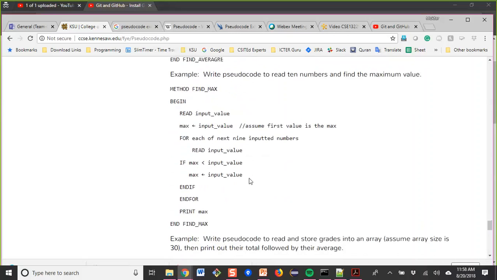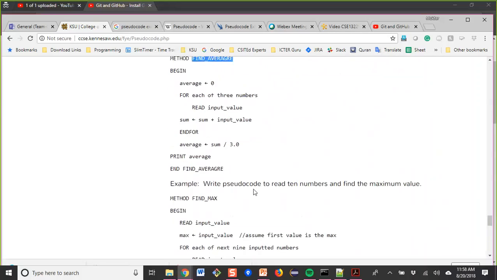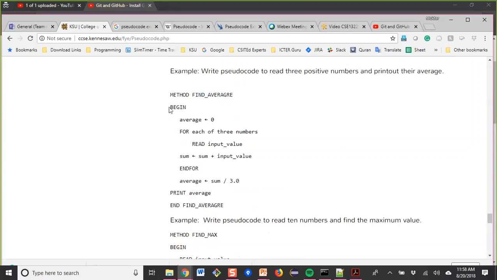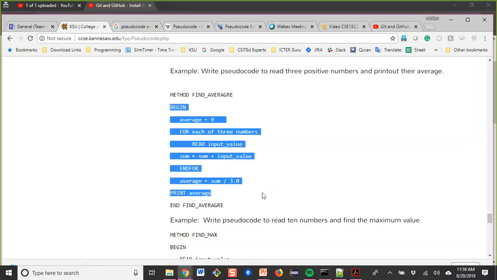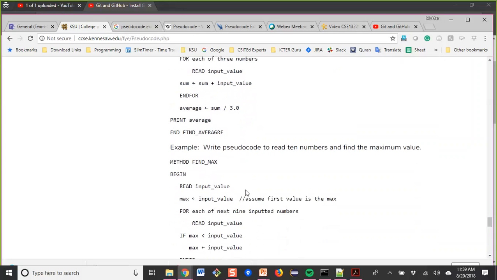So later, if someone wants to use find average, then by calling find average, you will execute the entire code. So you can save your time. That means you don't need to write the entire code again and again. So this is the use of method in pseudocode.